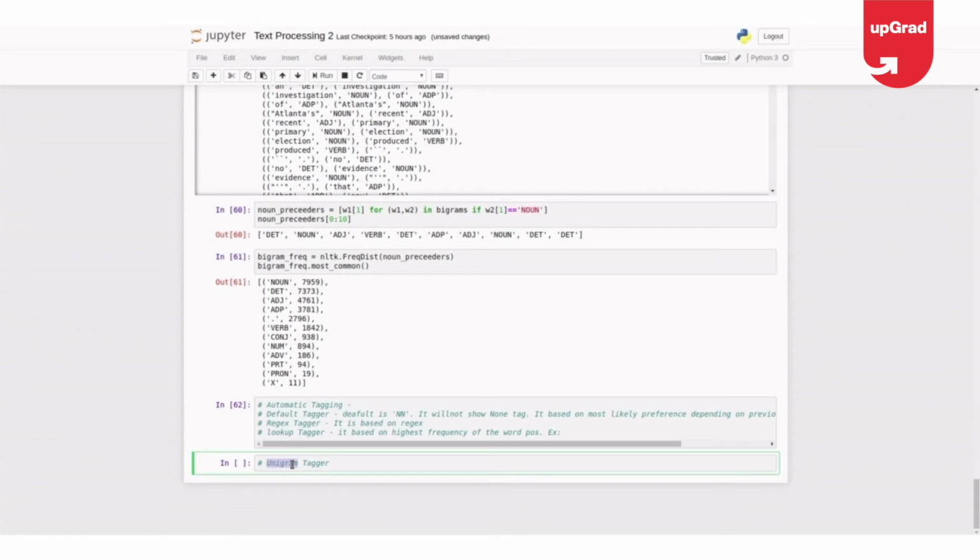I think in the previous video I was saying that there is something called n-grams. Considering one word at one time is unigram. Considering two words is bigram. Considering three words is trigram, and n for n-gram.